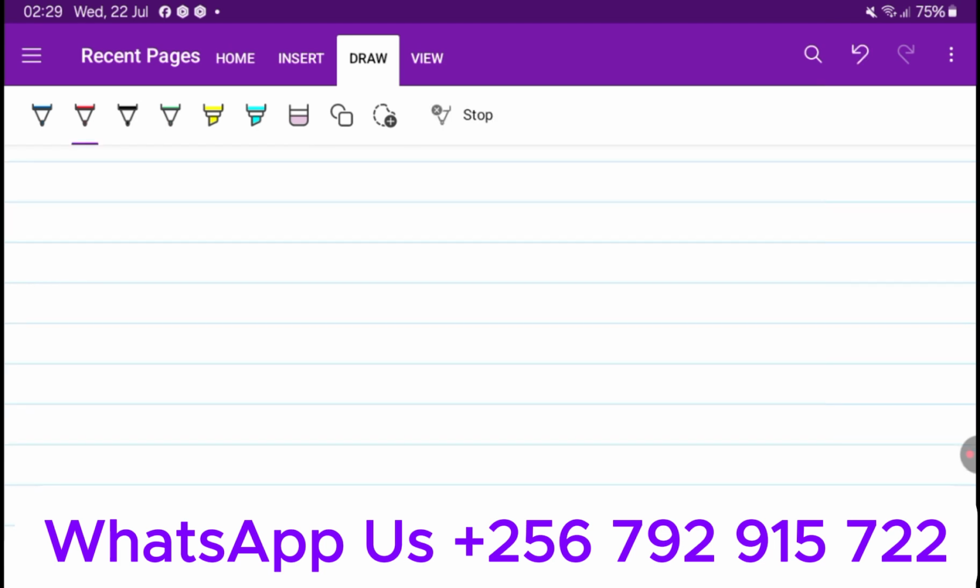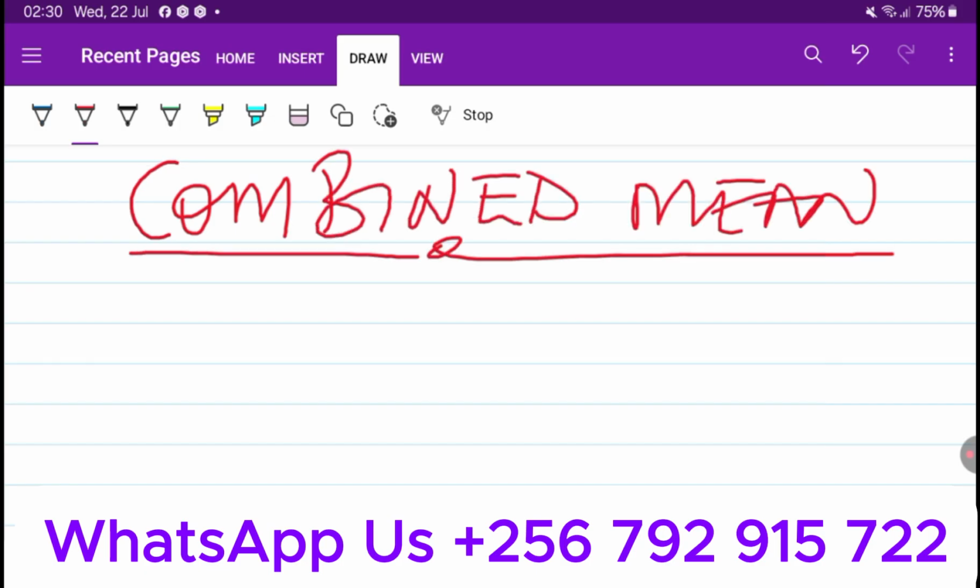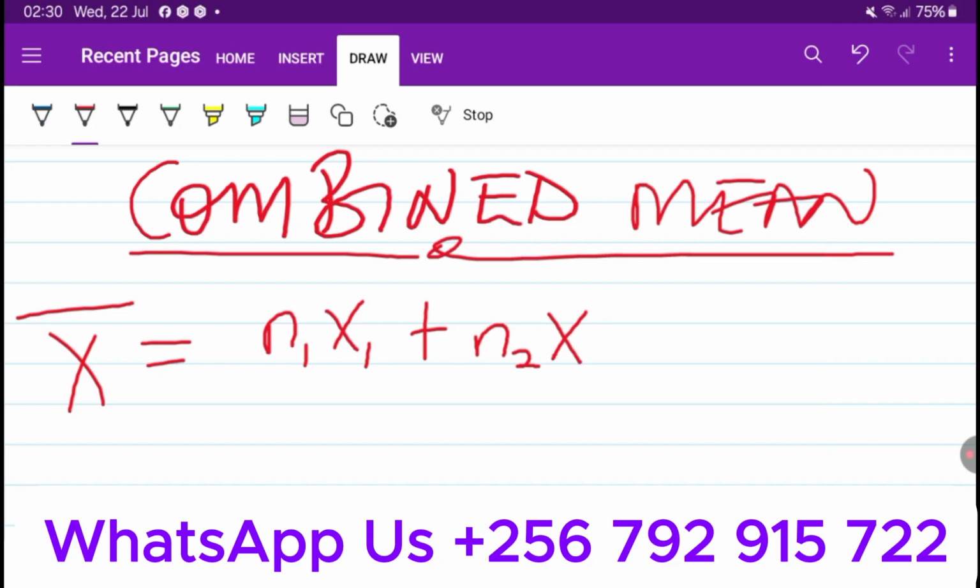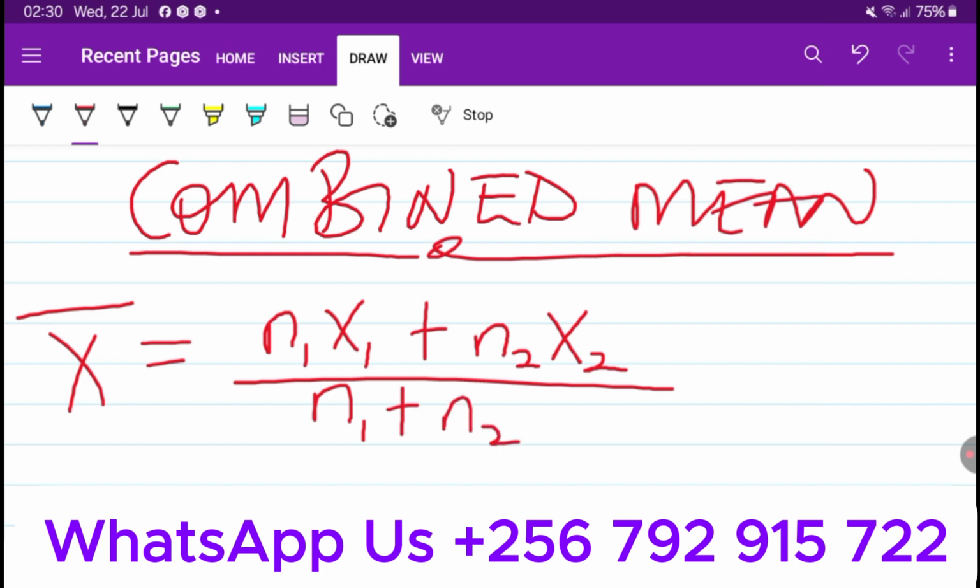So we look at the combined mean. Let me just represent it with x bar. It will be n1 x1 plus n2 x2 over n1 plus n2, where of course n is the number of